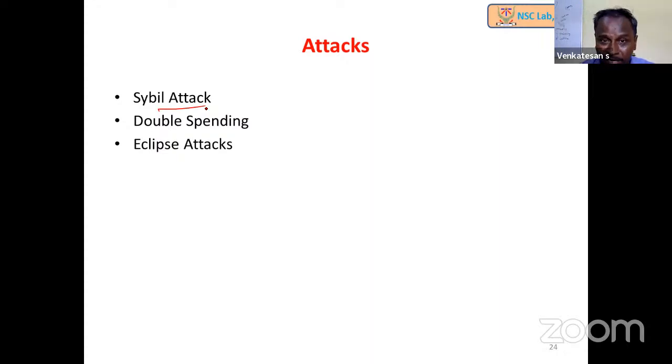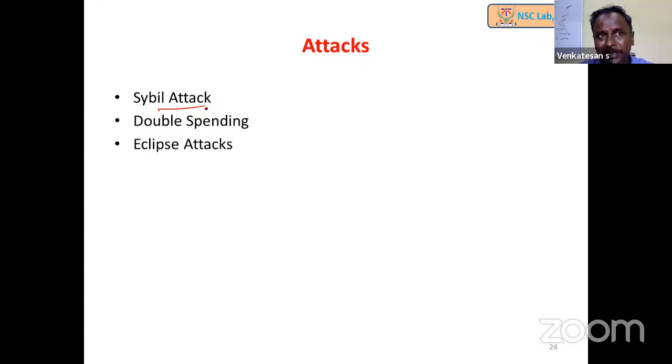So to overcome this only, the proof of work protocol is brought into the permissionless blockchain implementation, because if you have the infrastructure for one machine and you are claiming for 10 machines, you cannot solve the problem for 10 users. It is not possible for you to solve because the problem is very heavy. You need 10 times the infrastructure to solve. If you divide the infrastructure into 10 blocks and try to solve the problem, you cannot solve it. You will be losing. So we can say in proof of work, Sybil attack is not possible.